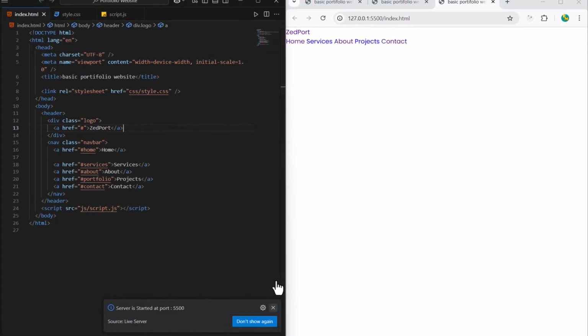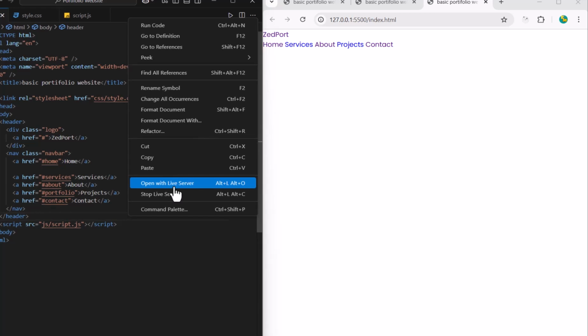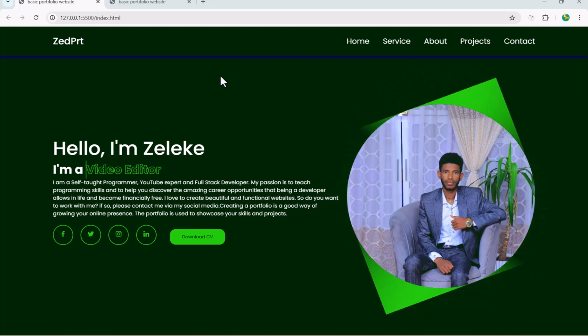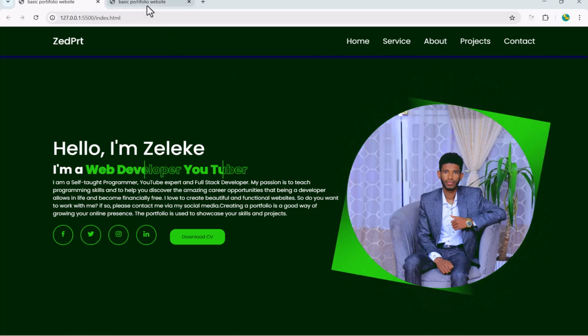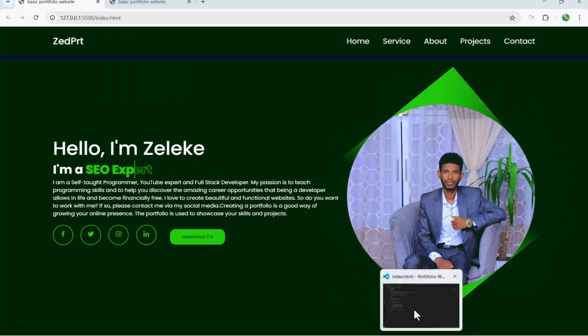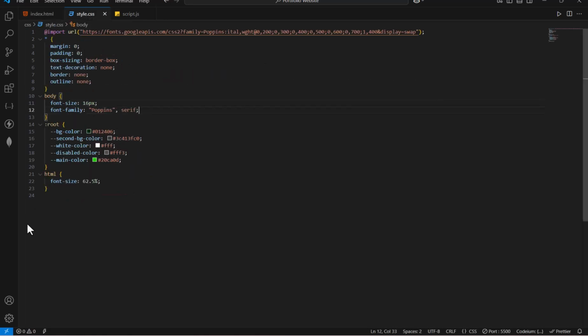When I open this with the live server, here we have, right? Yes. This is the HTML part. Now we are going to style this navigation bar just like this one. So what I would like to do is I'm just going to style this using style.css. So from here we have a header element right here. So using this header element selector, header,